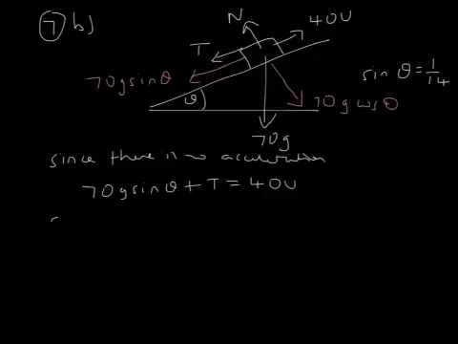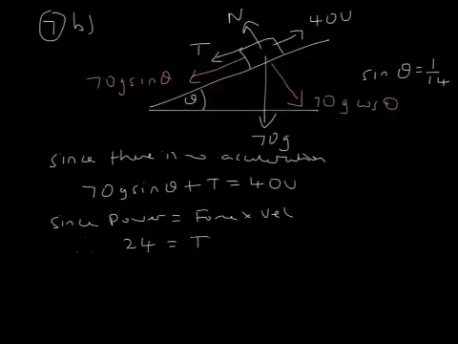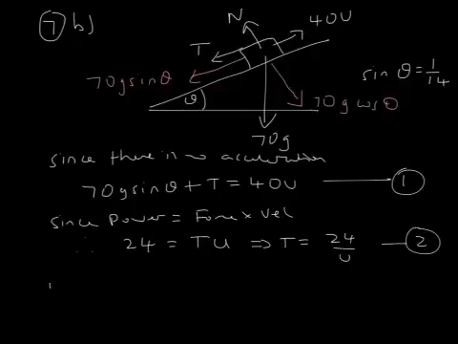So since power equals force times velocity, we can say that the power which we've got is 24 watts equals t multiplied by u. In other words, t is 24 over u. So we've got two equations. If we put those together,